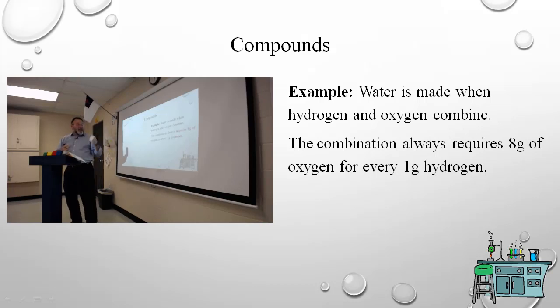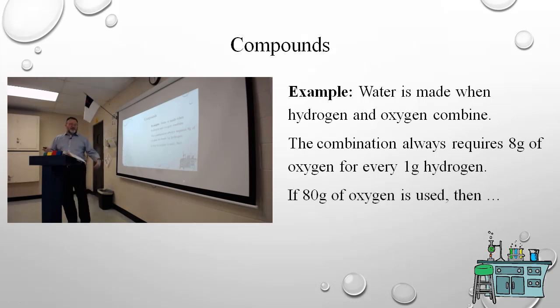So if I combine 8 grams of oxygen and 1 gram of hydrogen to make water, I'm going to get 9 grams of water. How do you know that? I've got 8 grams to start with and 1 gram to start with. That's 9 grams to start with. I've got to have 9 grams to end with because I can't make or destroy anything. I can just rearrange it. Okay? So by extension, if I have 80 grams of oxygen,